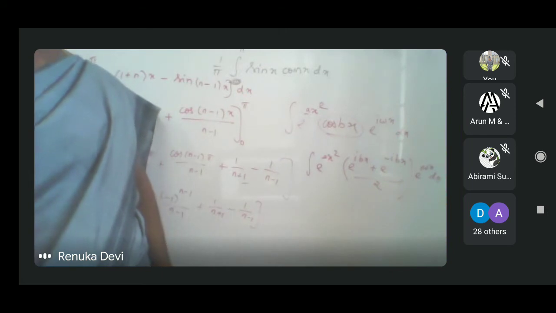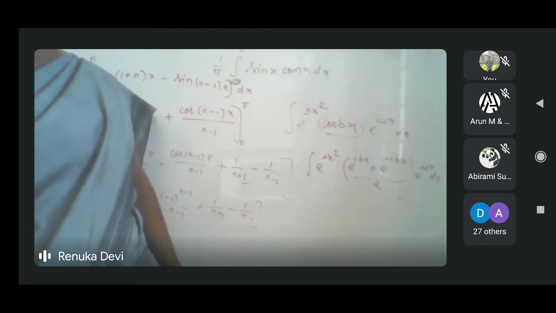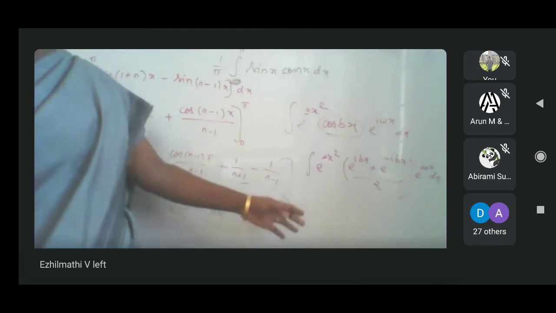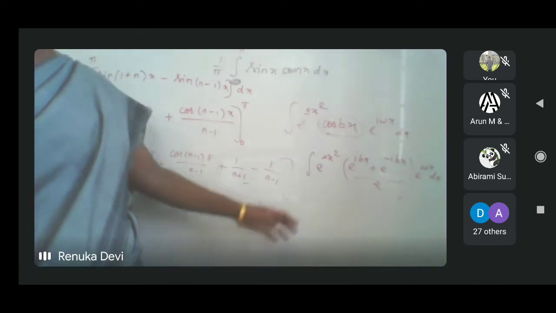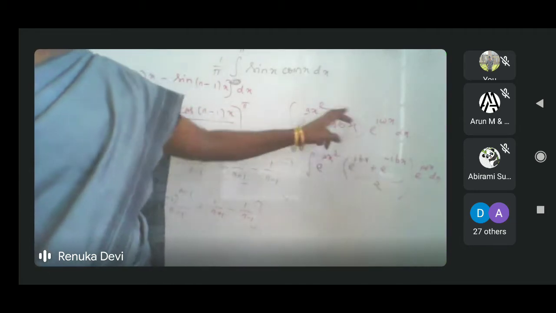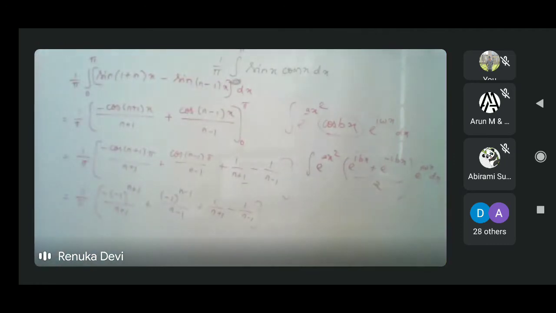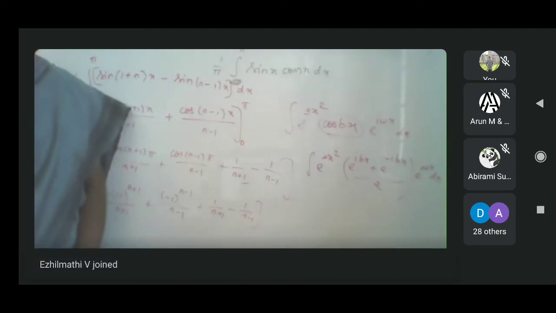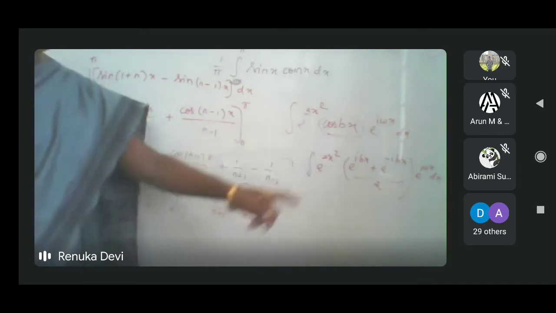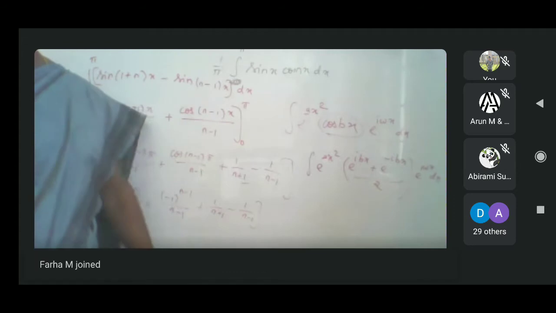Is it clear? So last class we started one problem, that you do yourself. I am asking you to do it for your homework. Instead of cos bx, you make it e power ibx plus e power minus ibx. It will be very simple. The integration by parts method also works, but it will be a very lengthy process. If you do the problem in this way, it is simple.